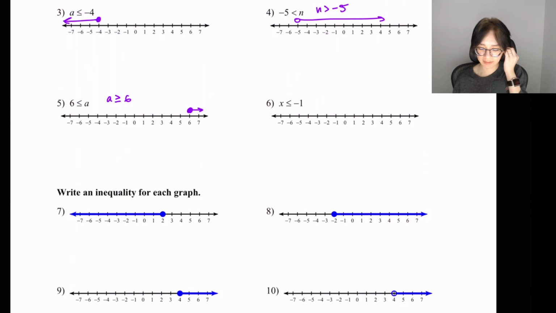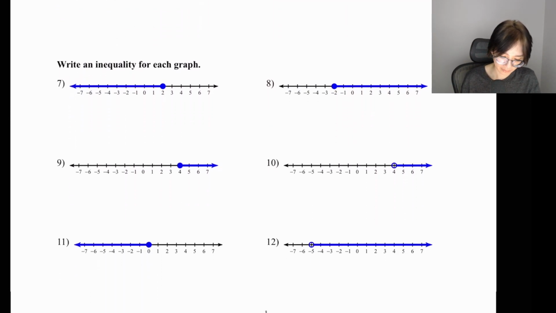Okay, last one of these. X is less than or equal to -1. Starting at -1. Open or closed? Closed. This direction, because it is everything that is less than -1. -1 is the bigger number. Now,